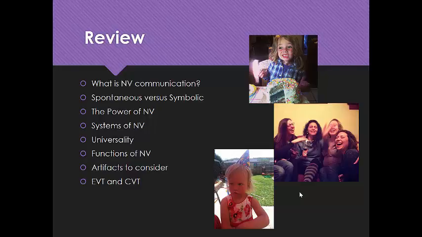And I just left you here with some fun, more nonverbal photos that might help you take the things that we've learned and apply them to different scenarios as you work to explain the different nonverbal behaviors happening in the photos. So that's all that I want to say about nonverbal communication. There's a lot more that we could say, but a lot that we probably won't say for time's sake. So that's it.